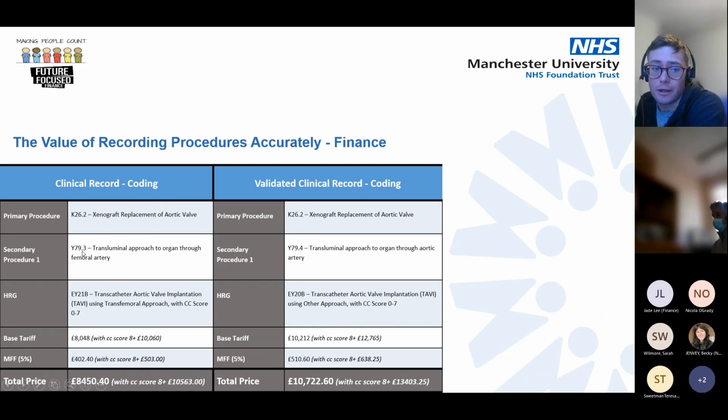Is the fourth character on the secondary procedure. So the Y79.3 saying it's an approach through the femoral artery versus the Y79.4 saying it's an approach through the aortic artery. And this again highlights the importance of, one, really documenting clearly in procedure notes how a procedure was done, how that minimal access was achieved, but also the